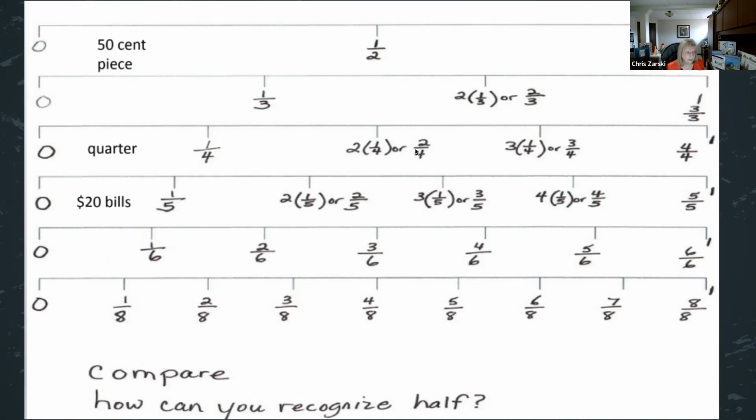So in this case, we even aligned in some of them, if any one of these lines would represent money. So we went back to it. Well, half could be 50 cents. Quarter could be the quarter. That's an easy one. A fifth, that one took kids a little while to think about. What do we have that would take 5 to make a whole? So in this case, we said, well, that could be a $20 bill if one whole was 100, if that's what you wanted to do. And so again, we talk about those pieces.